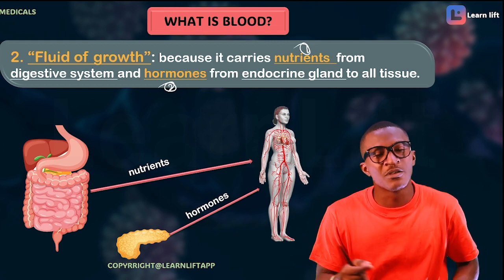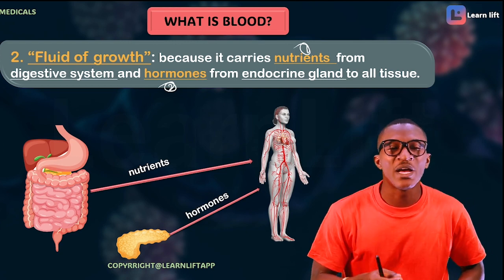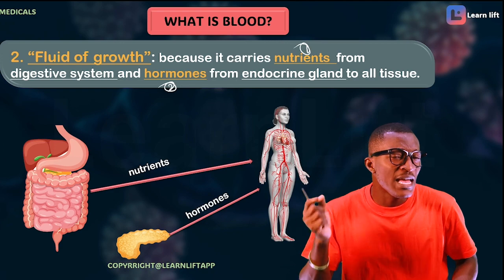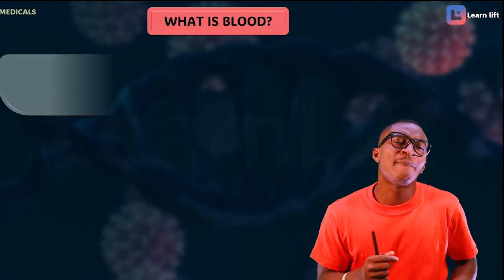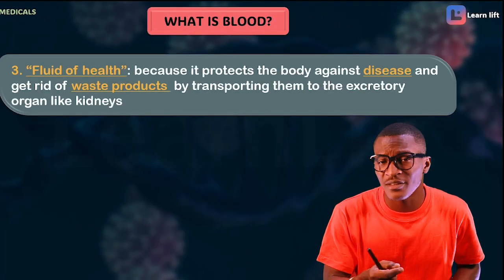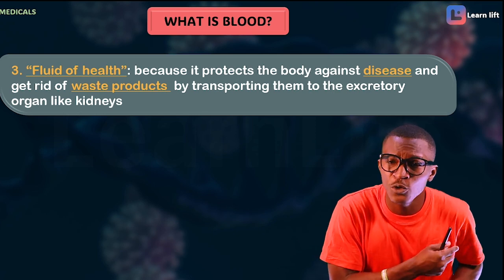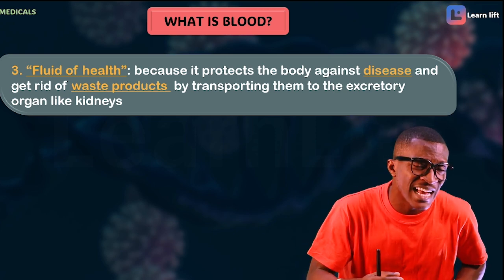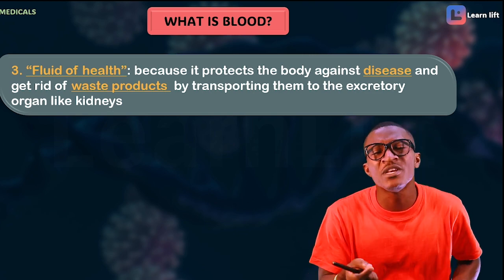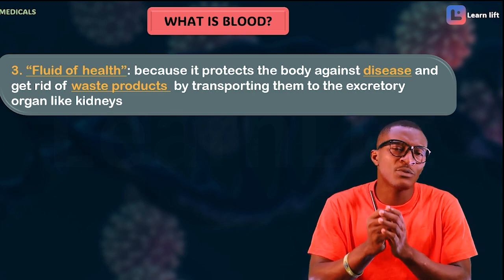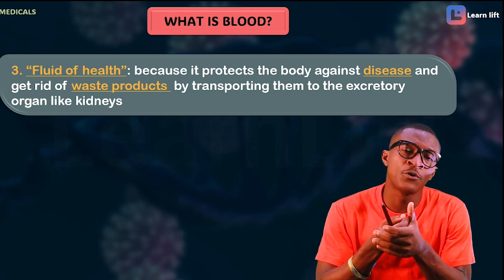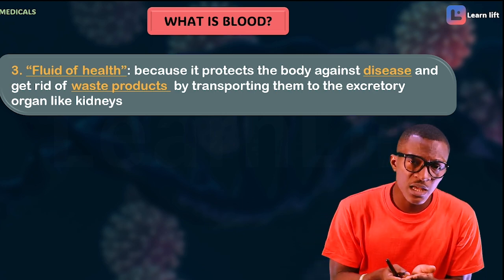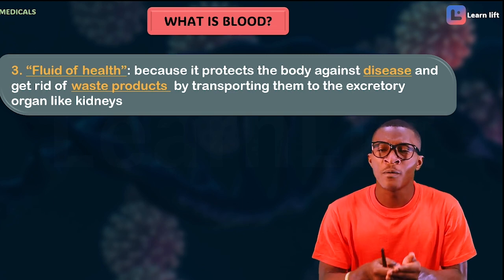Why is it called the fluid of growth? Because it carries nutrients as well as your hormones from the digestive system as well as the endocrine system. The third definition of blood is that blood is called the fluid of health. Now, why is it called the fluid of health? The fluid of health because it helps to fight against diseases, and it gets rid of your waste product from the kidney. Now, take note that your urine is formed from when blood enters into the Bowman capsule and filtration